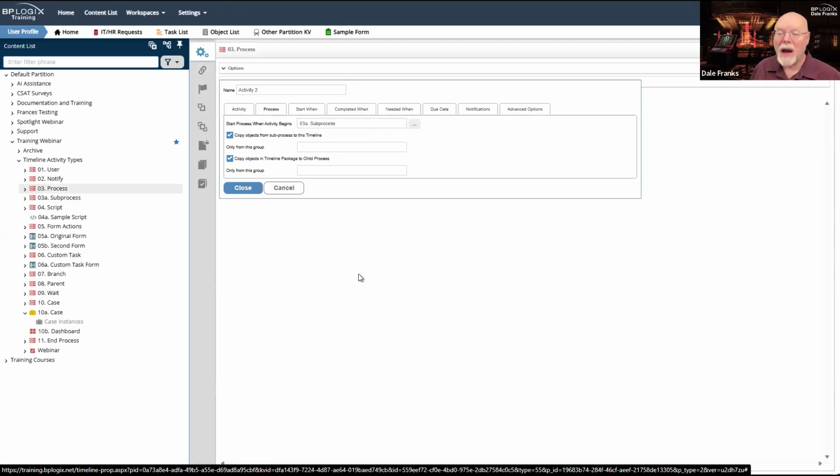And so most activity types, not all of them, the notification doesn't, the end process doesn't, have at least one custom tab that has to be configured that is unique to that activity type. So for a custom task activity, there is a custom task tab and so forth.